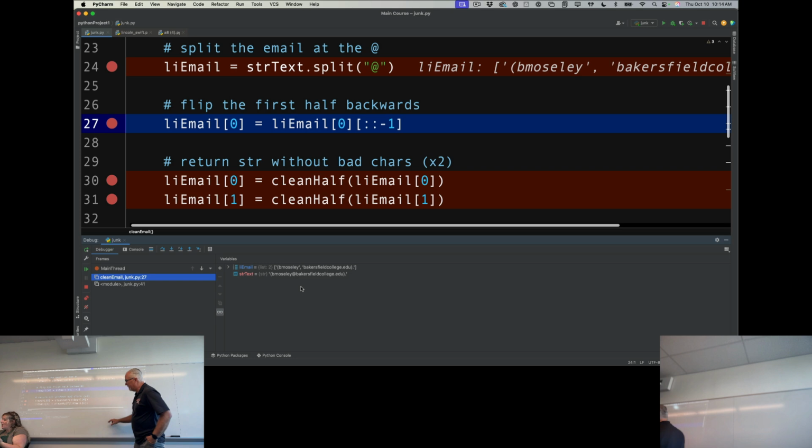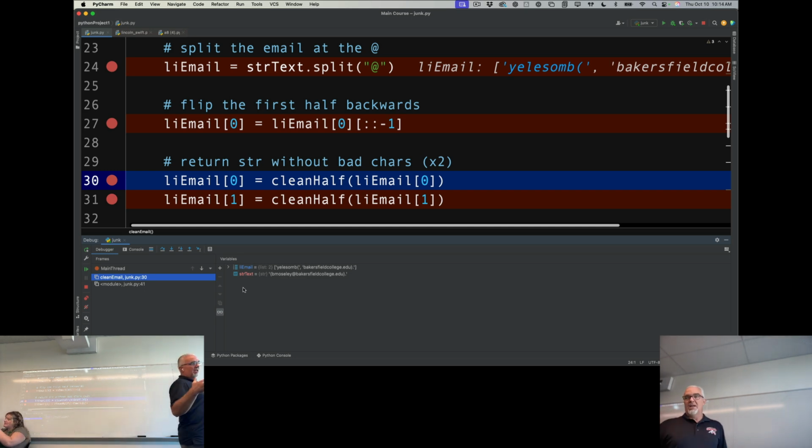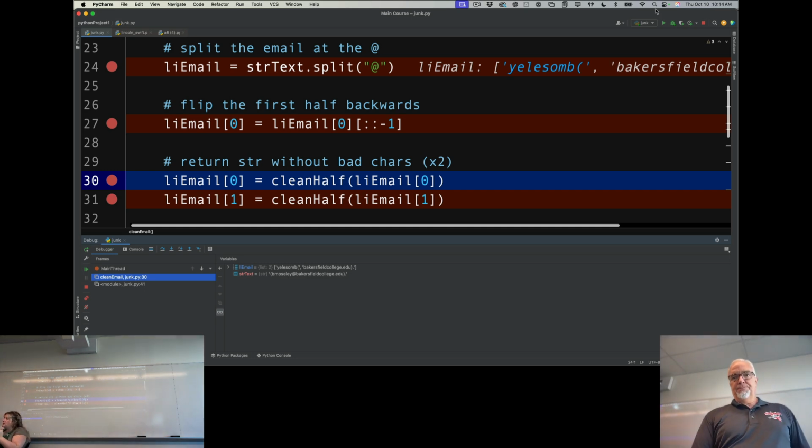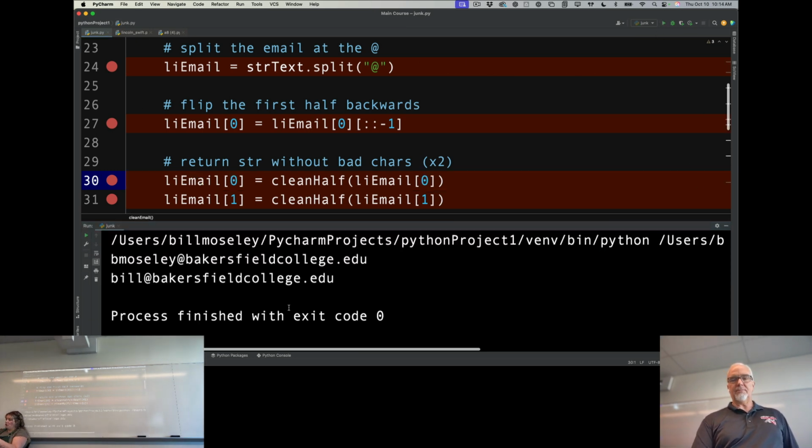now it's showing me, it says li email, and it's showing me the two parts of that list. It's showing me what's happening as I go. So if I then flip it, I can see here, it's done it successfully. It's flipped that part of the email. It's doing exactly what I want it to. I just want you to remember that the debugger exists, and it's very helpful for tracking things as you go